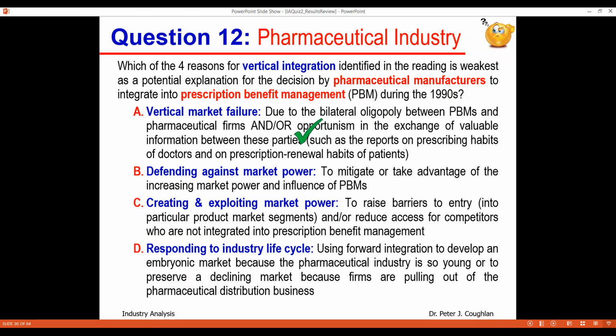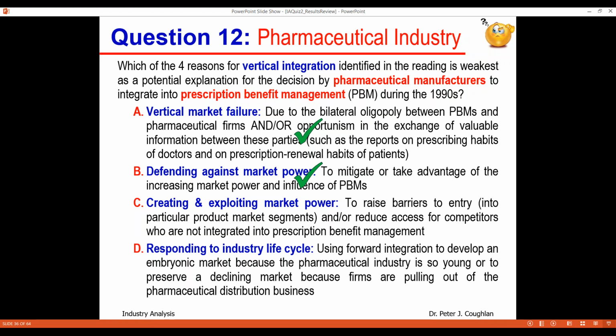PBMs have these formularies that dictate which drugs you're going to use. It gives less flexibility to the doctors. You can no longer woo the doctors and get them to prescribe your drug, right? Instead, the PBMs are the ones making decisions about which drugs are going to be on the formulary, which drugs can be prescribed. So again, the PBMs are gaining market power. So yes, there is at least a viable argument for the integration based on those